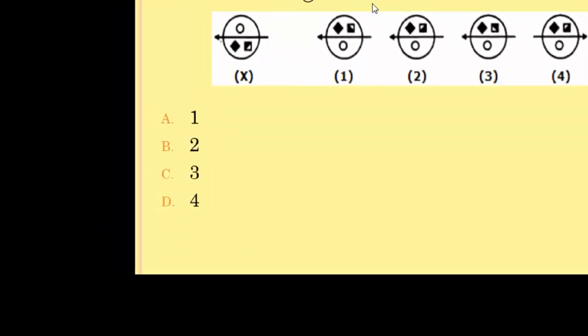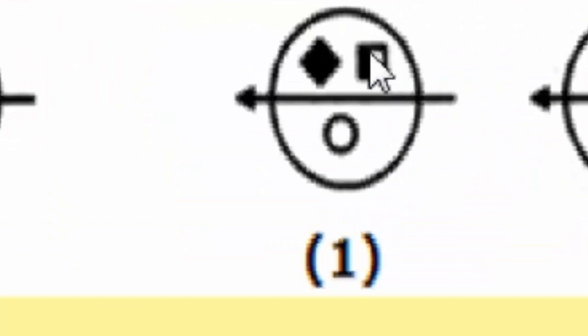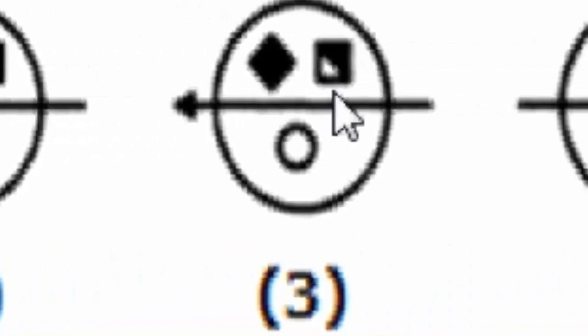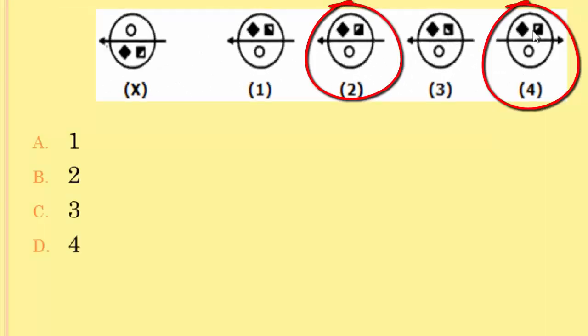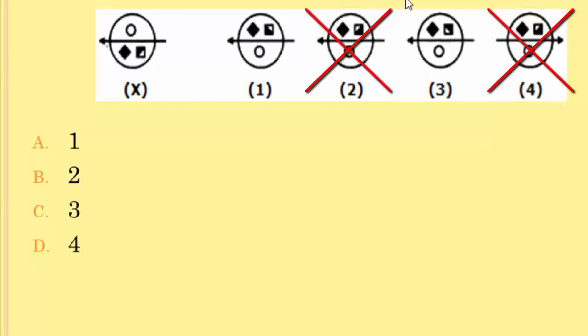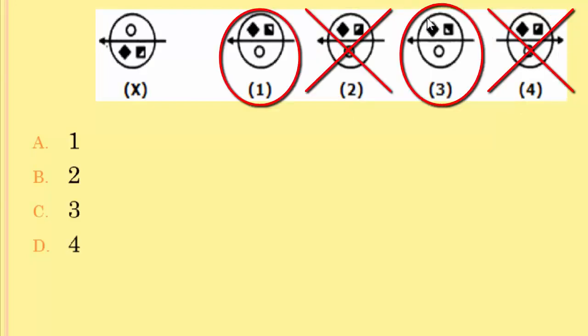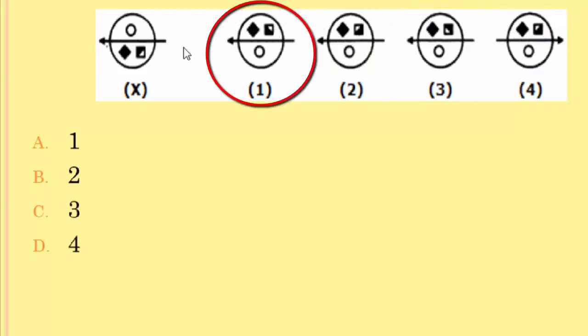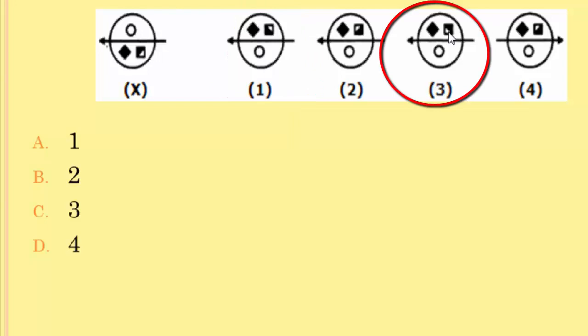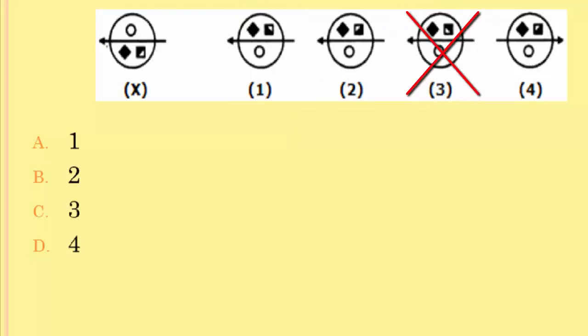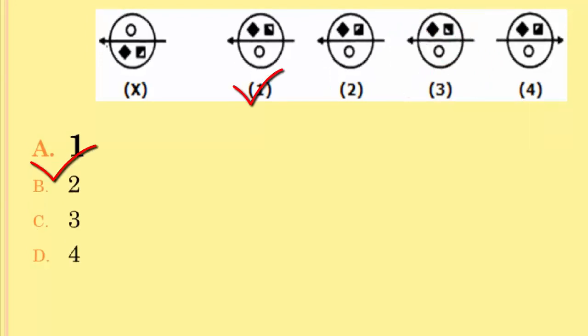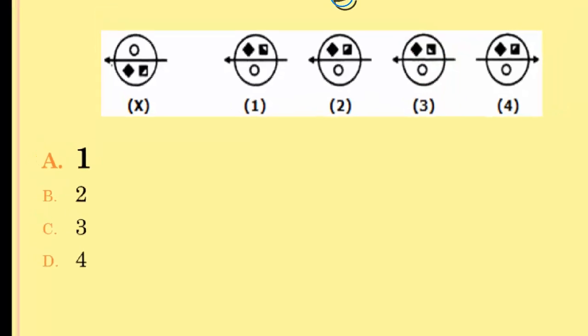So when I evaluate the options, I see that in option 1 the diagonal is running downwards from left to right, and the same is also true for option 3, whereas in options 2 and 4 the direction of the diagonal is the same. So I have to eliminate options 2 and 4 and I am left with options 1 and 3. Now in option 1 the white triangle is on the top as it should be, but in option 3 the white triangle is at the bottom, which is wrong. So I can eliminate option 3 and option 1 will be the correct answer choice. Okay, fine. So I hope this is also clear to you.